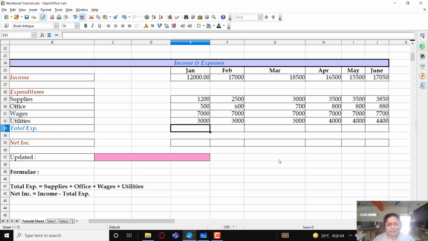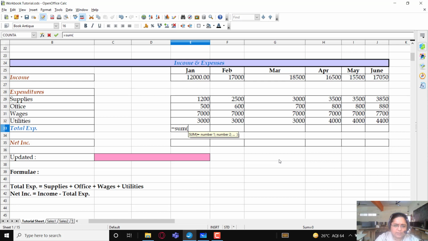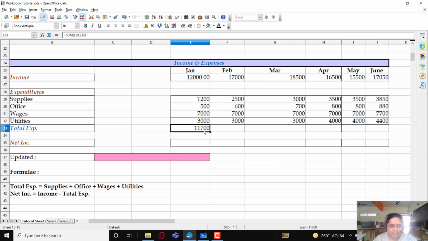So how do I calculate it? First I start with calculating the total expenses. I use the sum function and use my arrow key to select this range. I get the total expense, and now I will use the fill handle and drag it rightwards to get the total expenses of all the months.